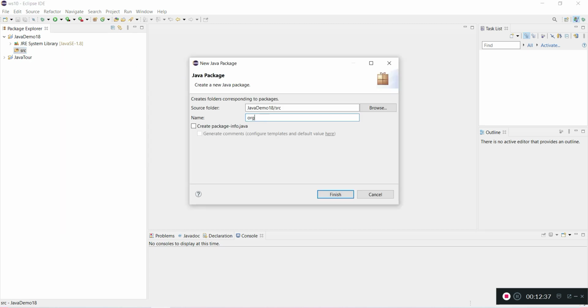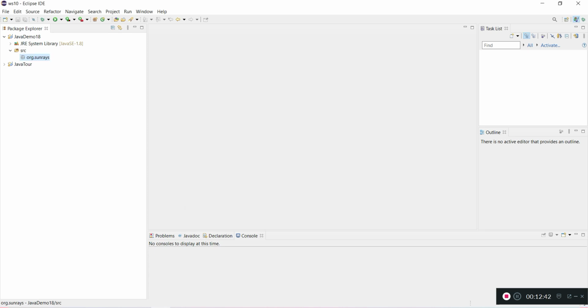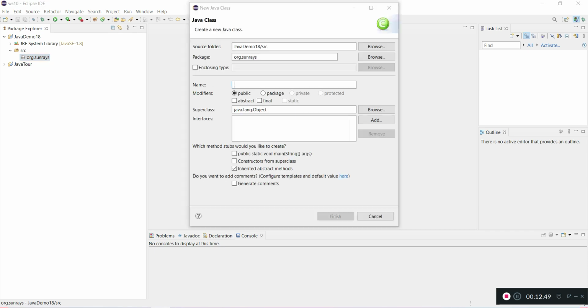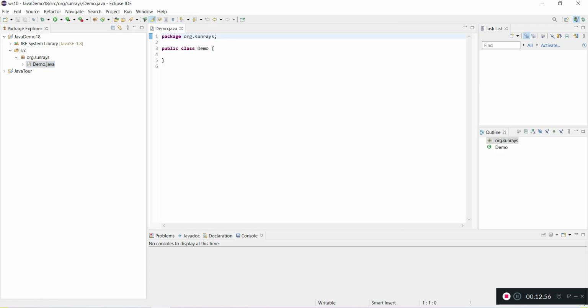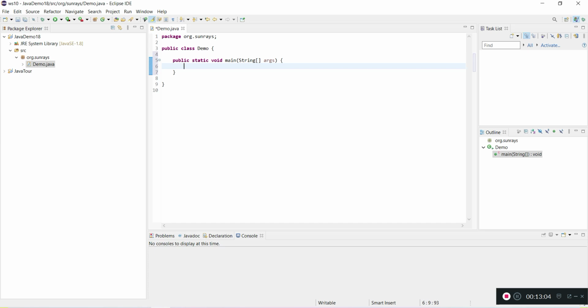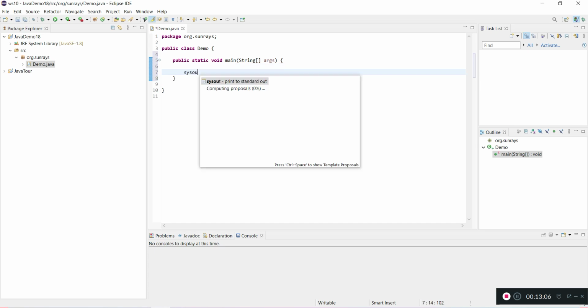Give some name and click finish and right click on the package and create a class, Java class, new class and give some name, I have given demo. Yeah, this is the class and public static void main, and I'm printing something just to check our application is working fine.